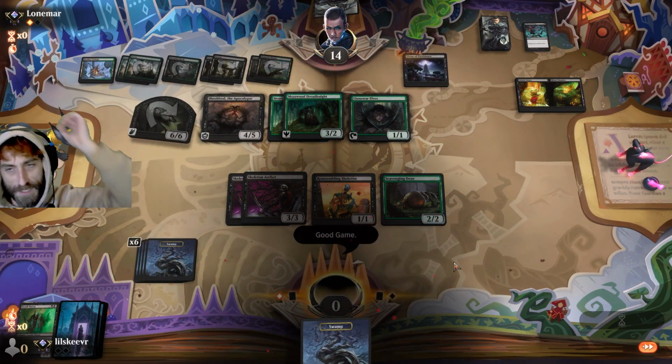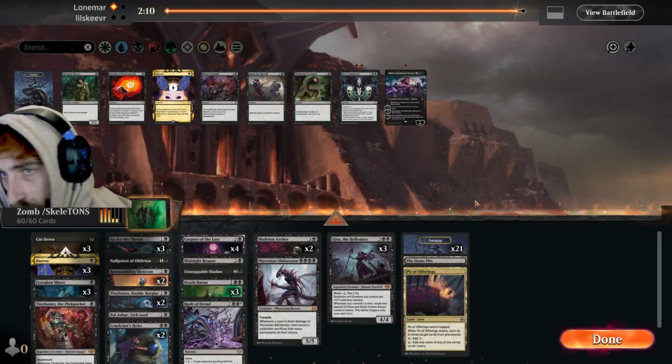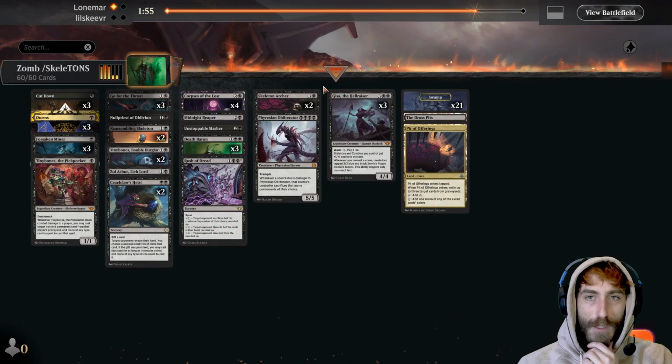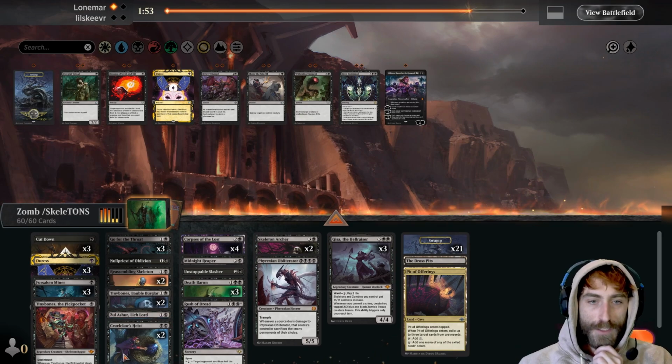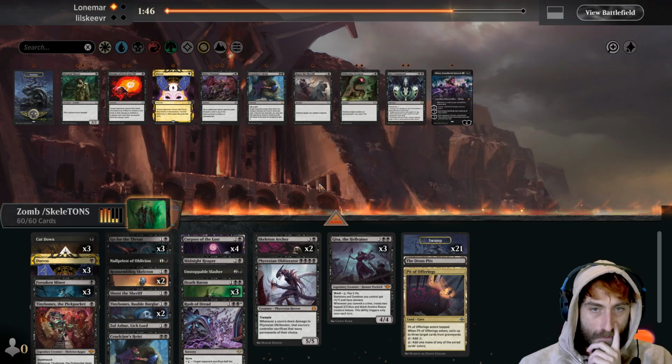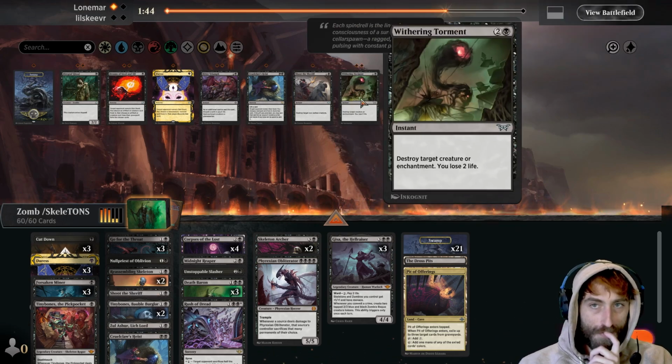Okay, so we'll see how we sideboard here, because that wasn't really ideal stuff, that's for sure. So, okay, this is what we're working with. I don't necessarily like the Cruelclaw here. Let's take out one of those. We will do a Shoot the Sheriff, since they are playing